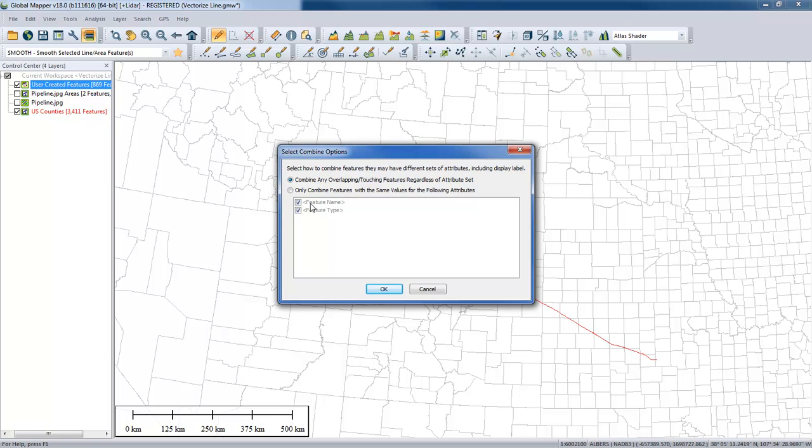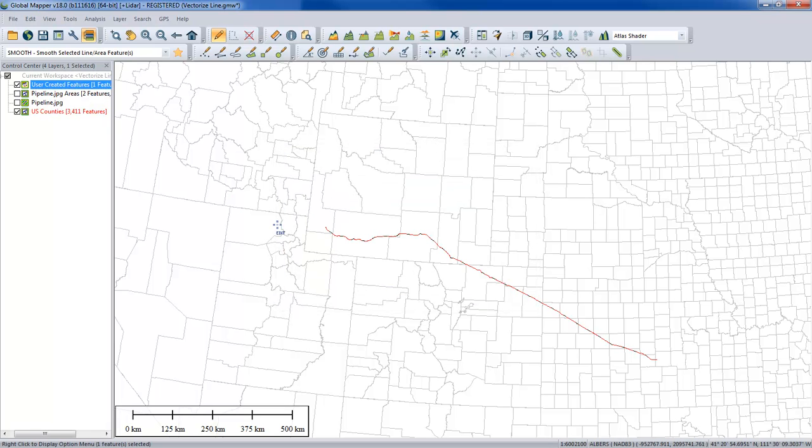We can also, using this tool, specify whether or not we want the attributes in each of those segments to match. Now, in our case, there are no attributes, but for instance, if you're dealing with a road network and you want only roads that have a particular name to actually connect together, you can use this and specify which attributes need to match. Not relevant in this case. We'll simply click OK, and hopefully at the end of that process, we end up with one long line segment,